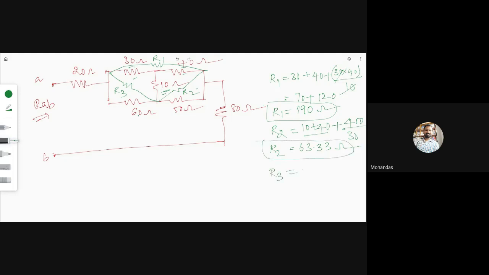R3 equal to, this is R3, adjacent resistors are 30 and 10. So 30 plus 10 plus 30 into 10, 300 by other resistance is 40. So which is equal to 40 plus 300 by 40. 300 by 40, 7.5. 7.5 అంటే 47.5 ohms. This is R3. Okay, now